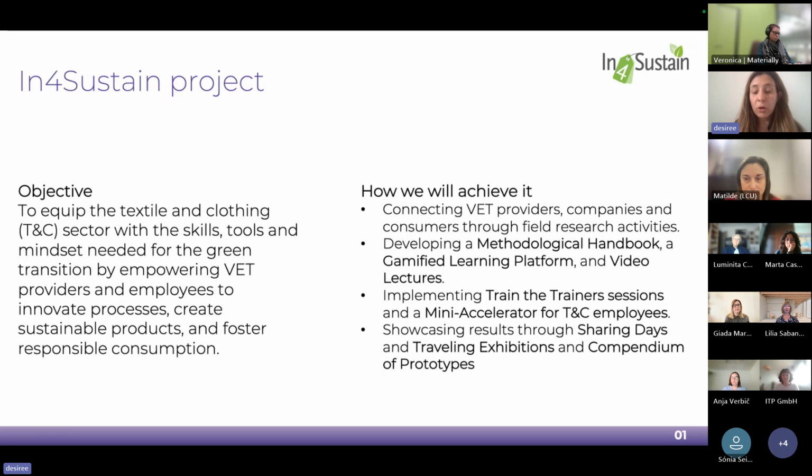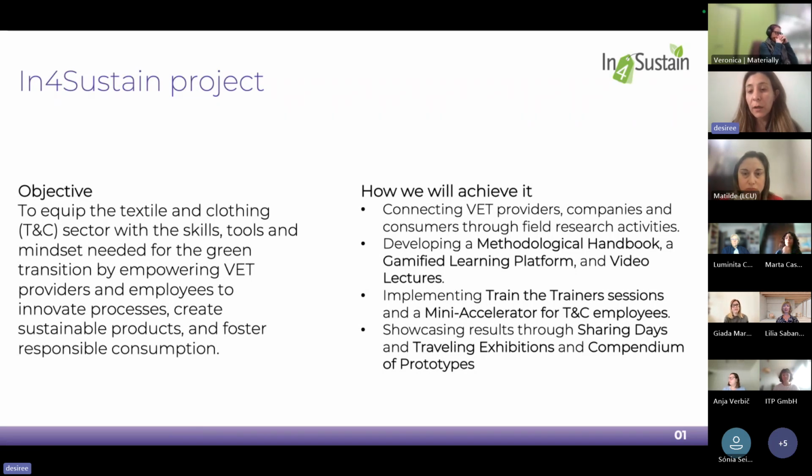We will work with VET providers and employees to innovate processes, create more sustainable products, and also foster responsible consumption. And we will achieve this by connecting VET providers, companies, and consumers.